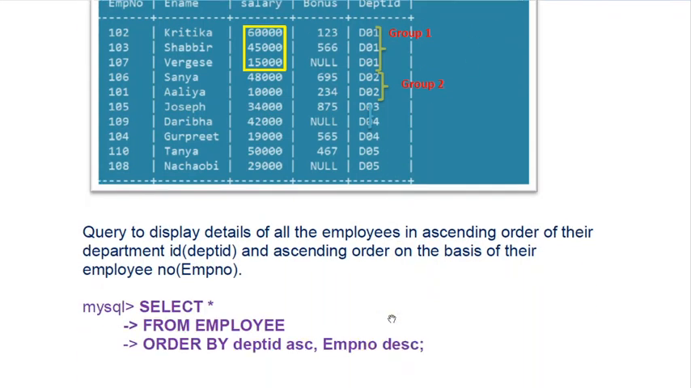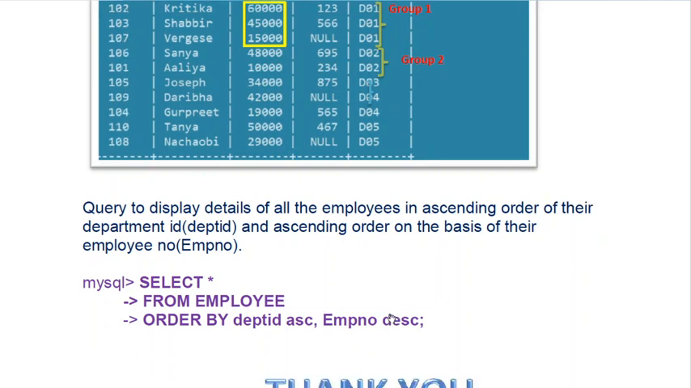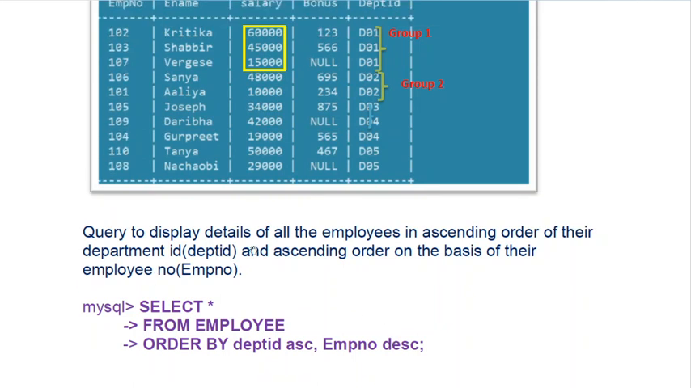Now see one more query. Query to display details of all employees in ascending order. Details means all columns, employees table, ascending is the order, and the basis is the department ID. First column name department ID, order is ascending, this is the table name, and details means asterisk. Select asterisk from employee order by department ID,